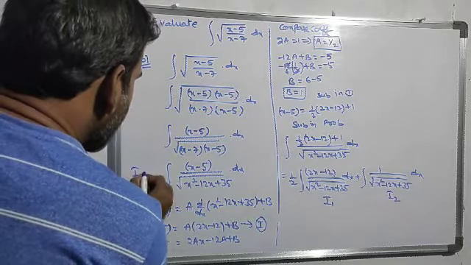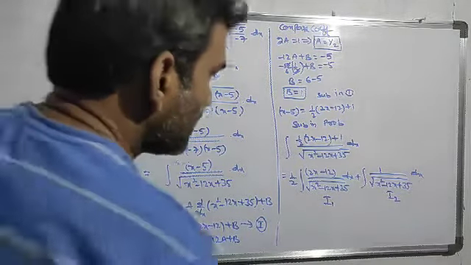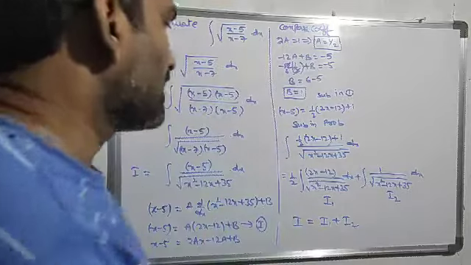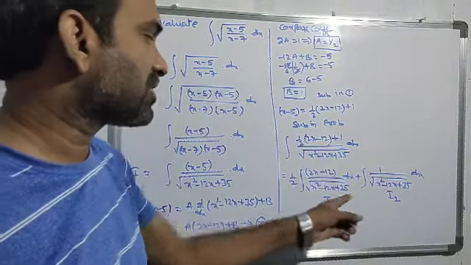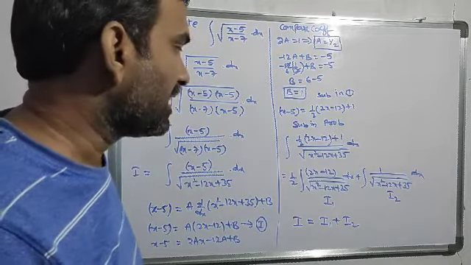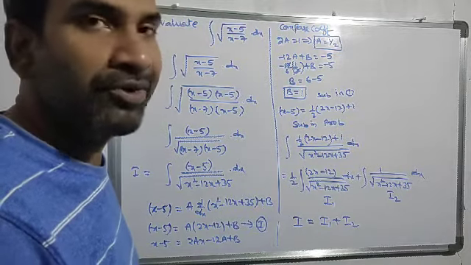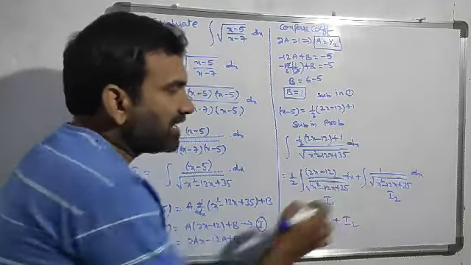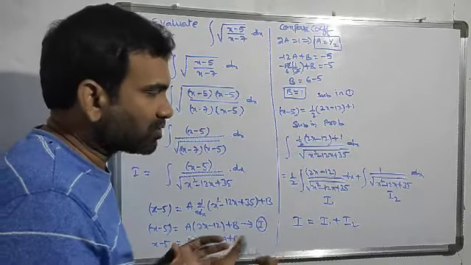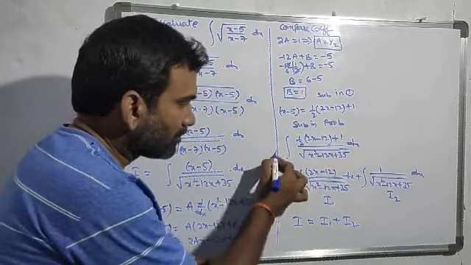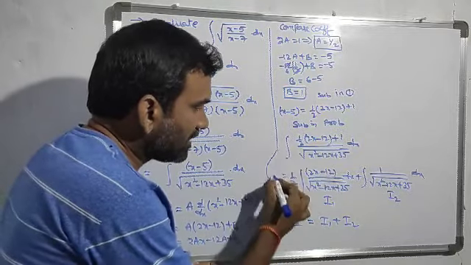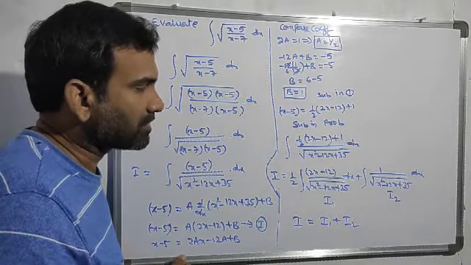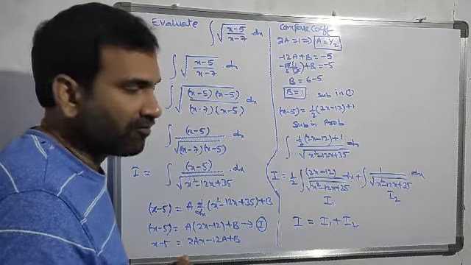So this capital I, the integration value, is this one. Therefore capital I equals I1 plus I2. That means I will find the integration values individually. Then after finding those values, you just substitute here, capital I equals this one. Okay, right. Now I will take I1, the first integration value.